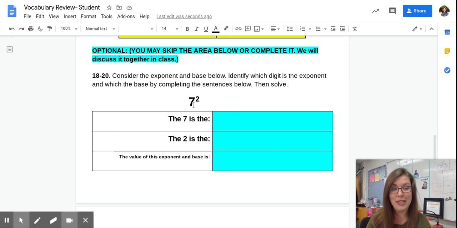If you remember what exponents are, you feel free to, in this 7 and 2 row, just type the word exponent or base for which is which. The very last question is asking you to tell me the value of 7 to the power of 2. Again, if you cannot remember this, you can feel free to skip it. And as we go over this in class, you will simply complete that section of your vocabulary review. Guys, we will do this at the end of our units to make sure we have that good foundation. We can talk the talk of math, and certainly that will help us to reach those short answers and extended responses at proficiency.